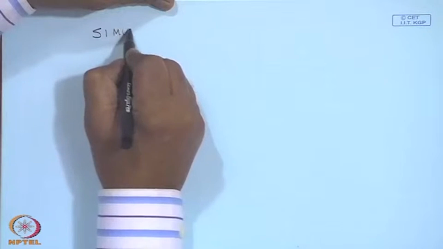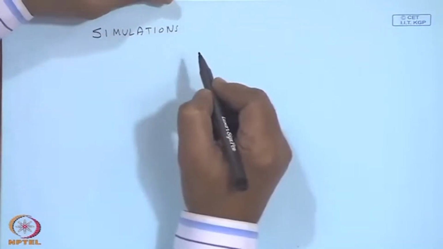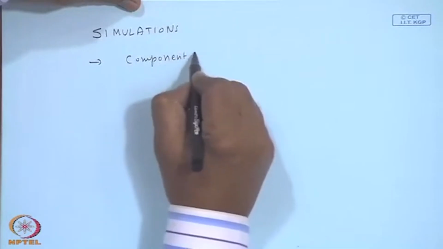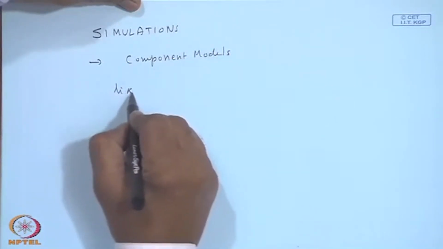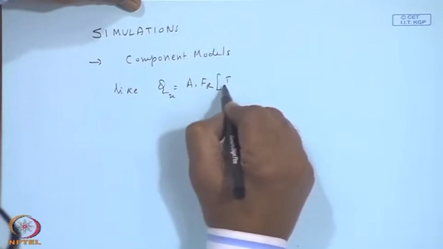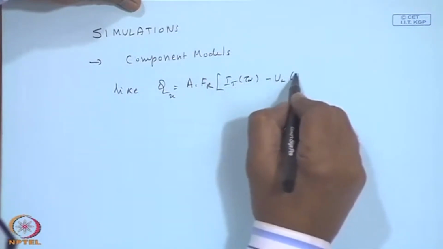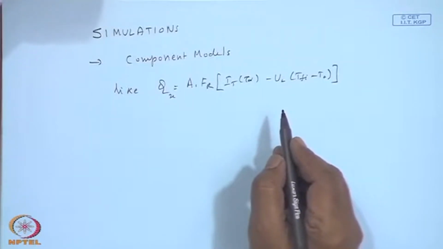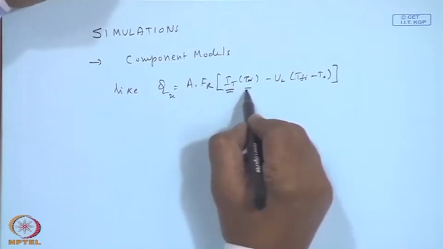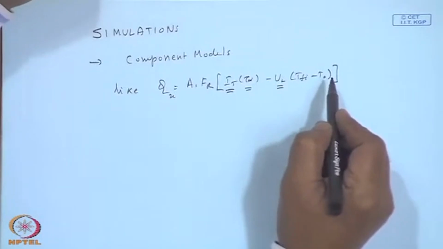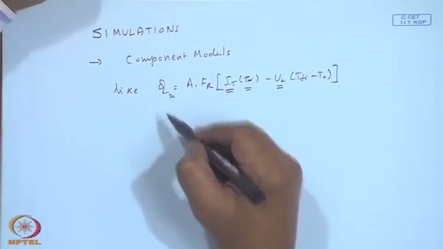Simulations seem to be an answer, that is, you develop component models, like for example, for the collector, the useful energy gain from a collector is A C F R into I T tau alpha minus U L times T F I minus T A. I have the weather data file and process it to calculate I T tau alpha and estimate U L by the methods we have described for the conditions of operation, and then multiply, and I keep on adding this Q U over the year, sum it up,